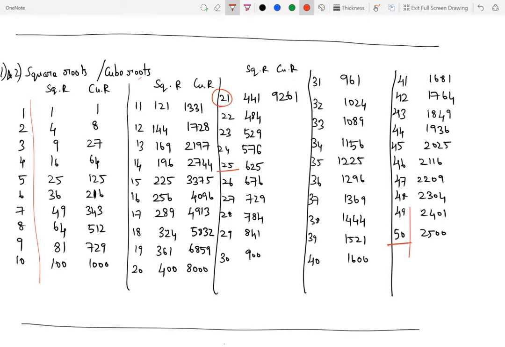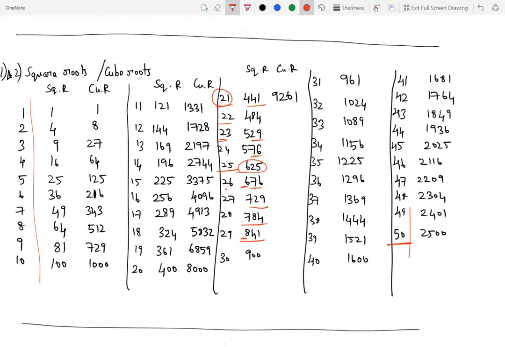How is it? See, the square of 25 is 625. 24 is 576, whereas 26 is 676. 23 is 529, so 676 is over, so the next possible digit is 7, so 729. 22 squared is 484. Here 7 is not over, so we can write it as 784. The square of 21 is 441. See, 7 is over, so then the next possible digit is 8, so 841. Likewise, we can write till 50.